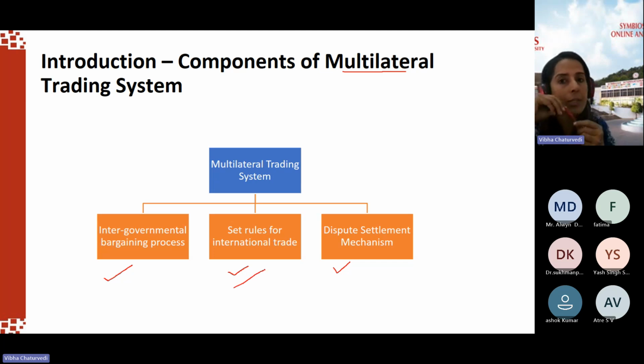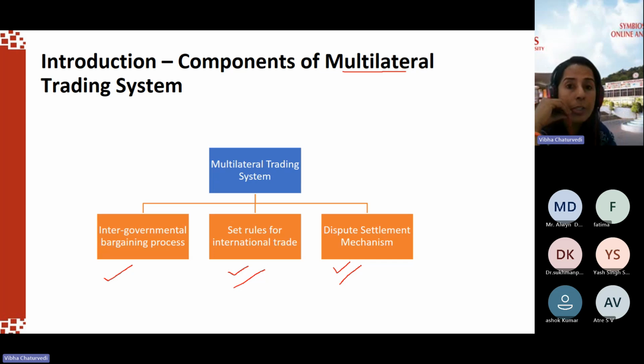There are regulations that exist under the WTO, and if they are flouted, the two disputing parties can go to the court of arbitration that was absent under GATT. There was no such court under GATT. If there was a dispute, the two parties could sit and discuss and iron it out between themselves. But